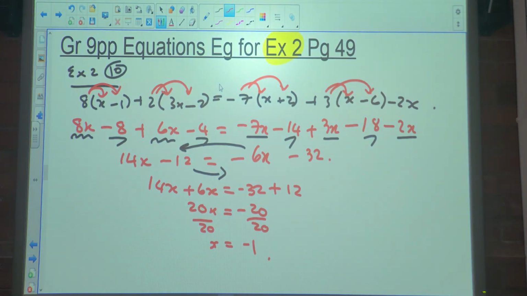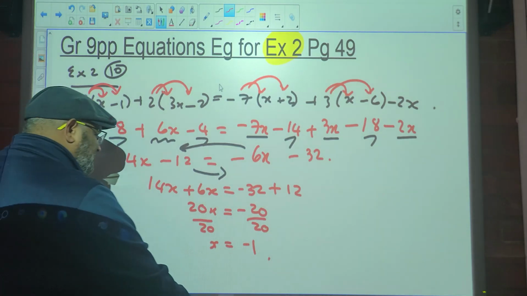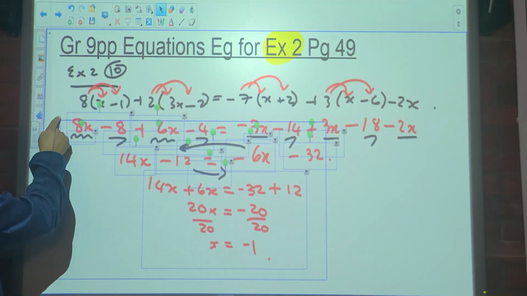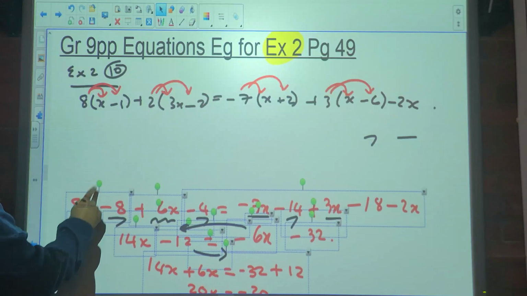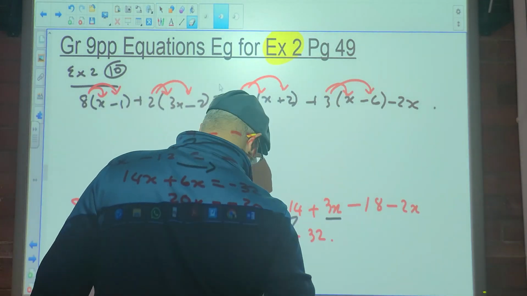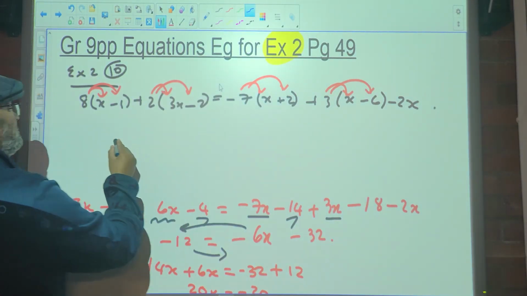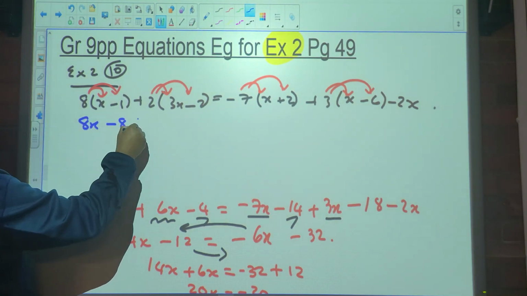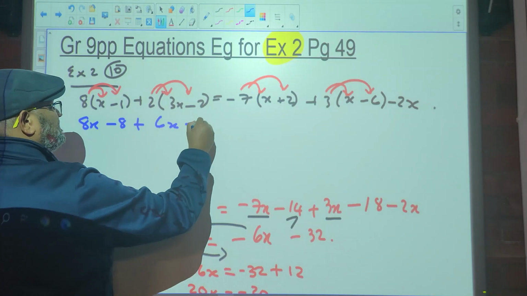Where did you go wrong, Michael? You don't know. You did the sum. Right, delete from your first line. Just hang on. Just move this down. Right, what do you have? 8x, yes? Just read for me what you have in your book. Minus 8 plus 6x minus 4 equals